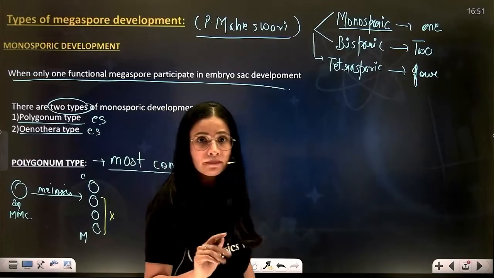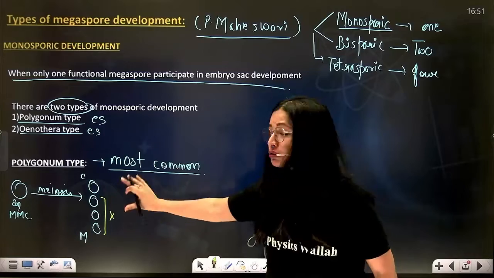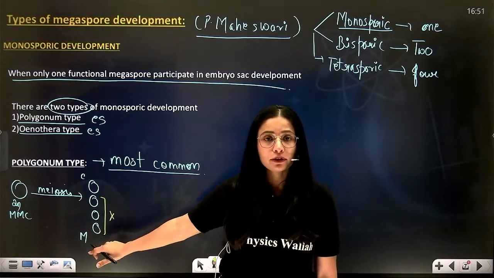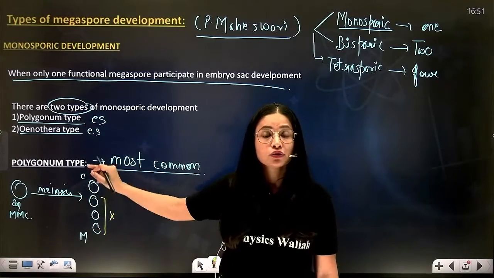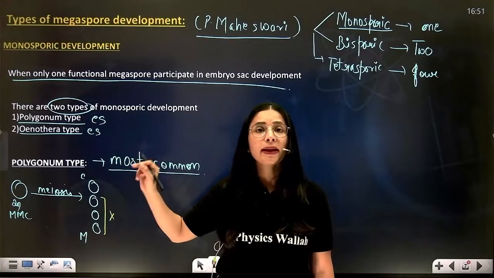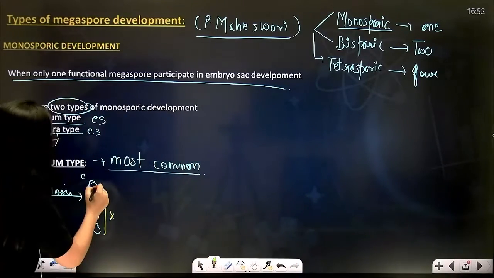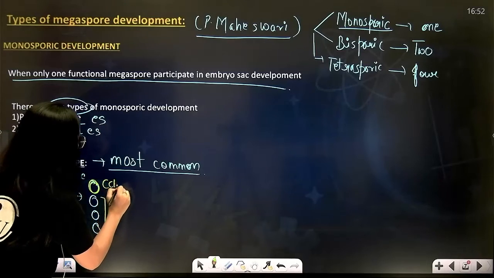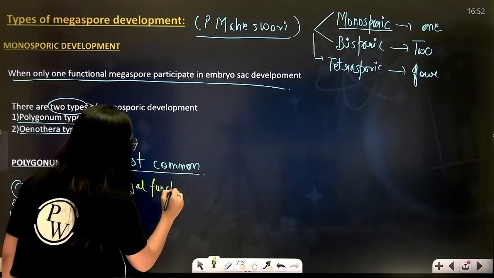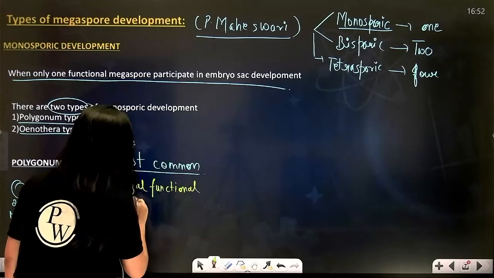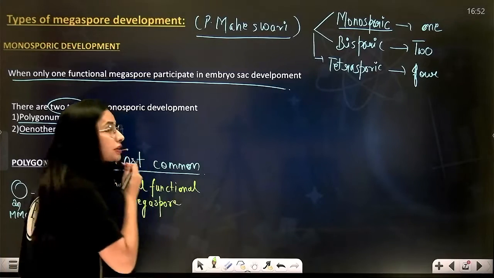In Polygonum, again I am repeating, please pay attention. The 3 megaspores towards the micropylar end will get degenerated and the one towards the chalaza will remain functional. So the chalazal functional megaspore is used. So this chalazal functional megaspore will undergo